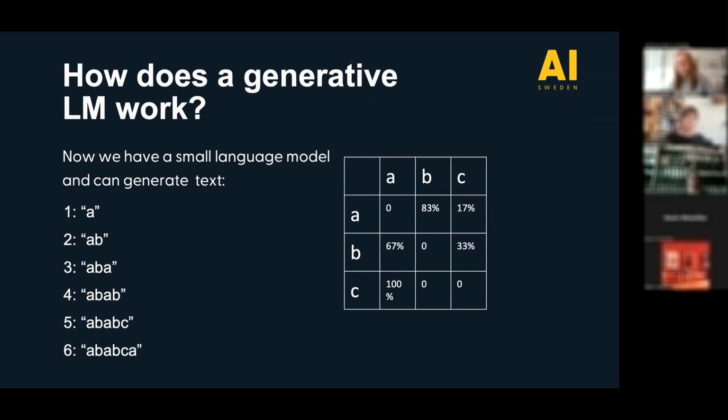In a language model, this would be words or so-called tokens. So if we start with the input A, what the model does now is look at what next letter or what next token has the highest likelihood to follow on this A. And in this case, we see, well, it's a B. And then it's an autoregressive model. So it continues doing this for every step. So now we have a B, and the most likely next token after a B is an A. So the model continues generating this text. So this is, very simplified, what lies at the bottom of generative language models.